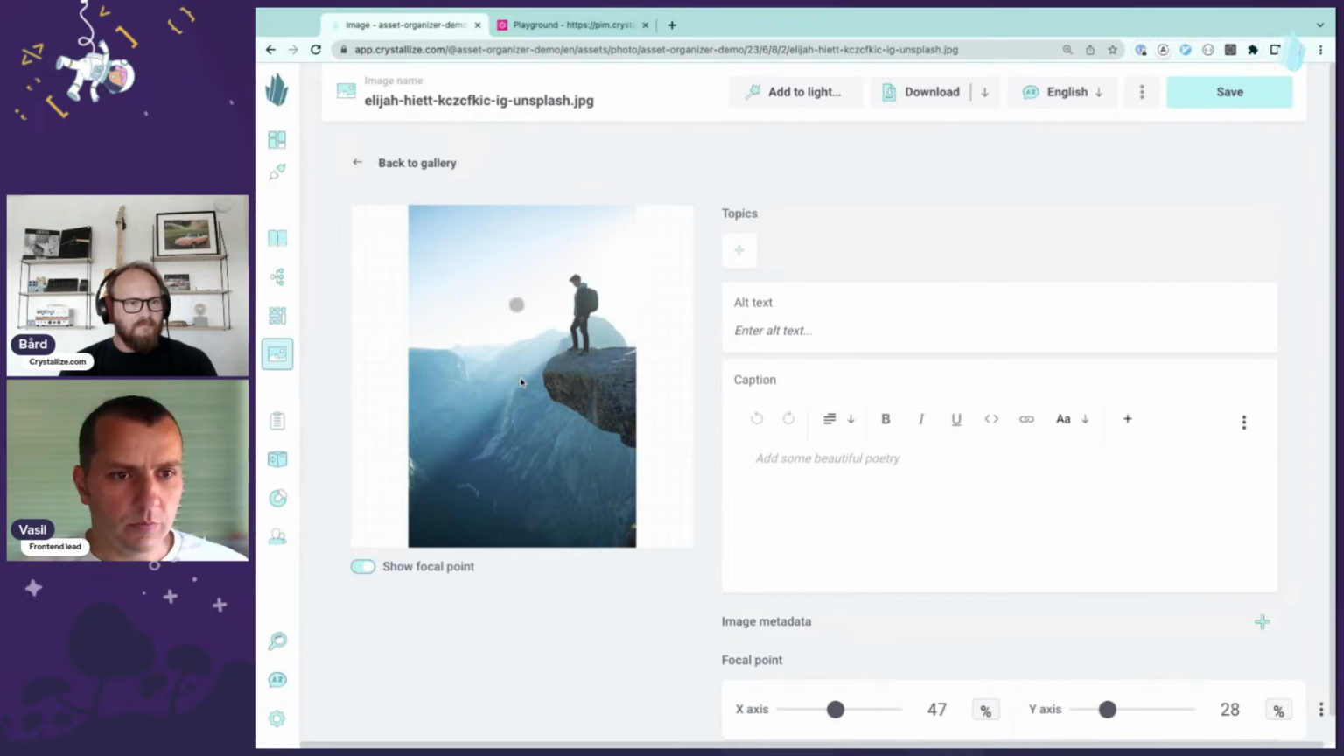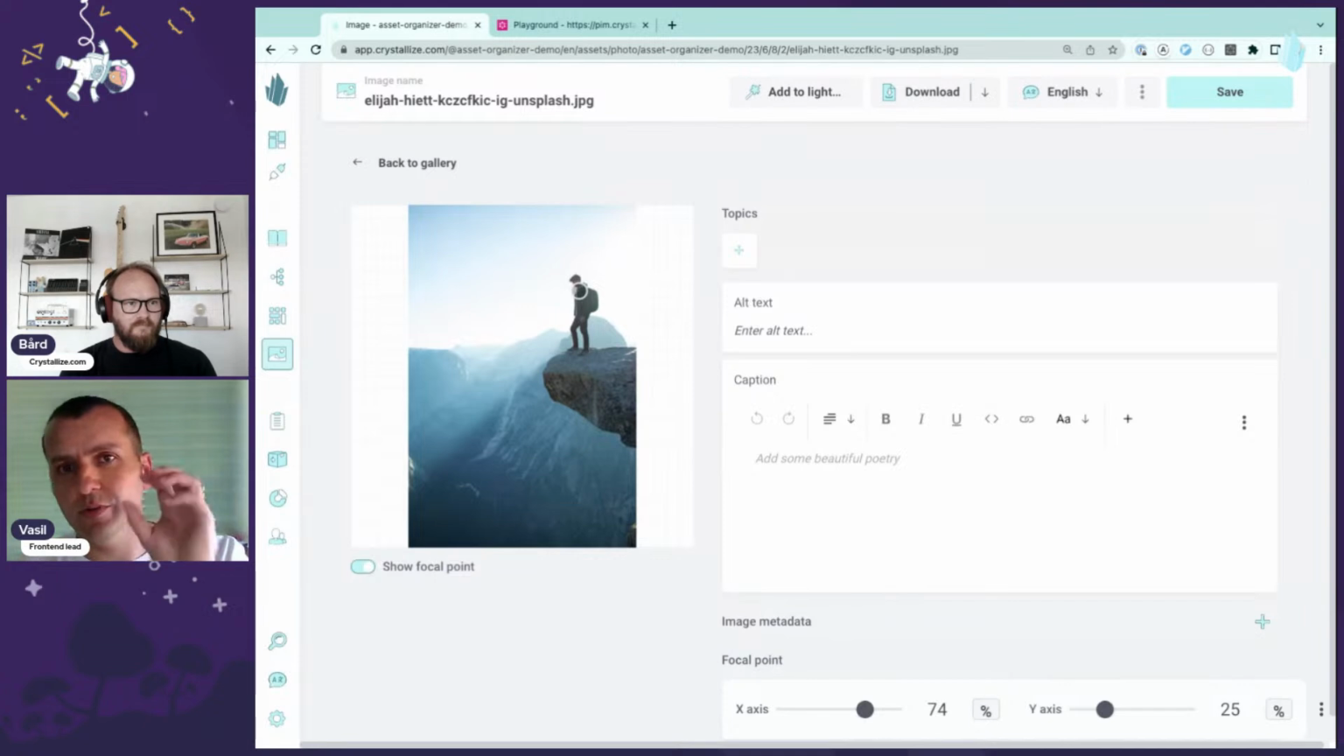And what is the focal point is that it tells the developer who's going to render this image on an application where should be the focus for this image when the image is cropped or resized due to the responsive screen. Or if you want to say that this is the most important part of the picture, so it's not in the middle of the picture like we are used to, but somewhere on the side, then we can assign this focal point